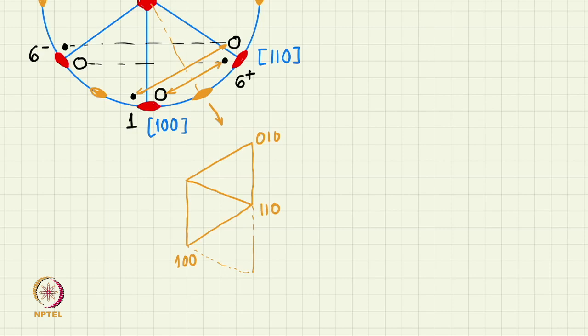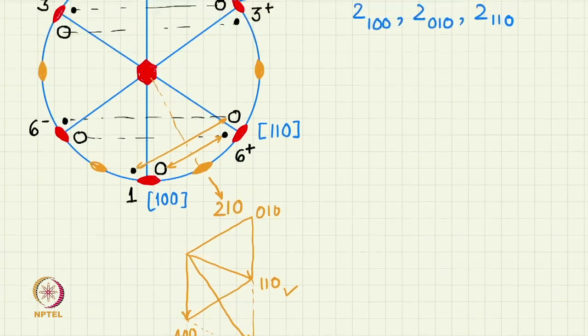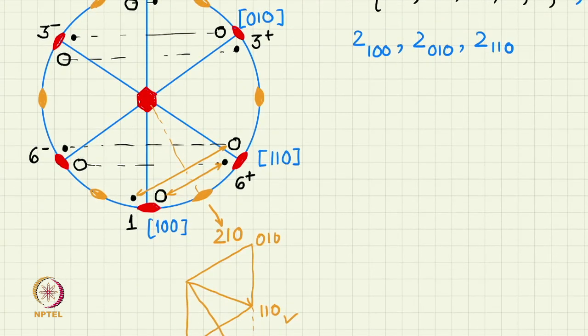So this new direction is coming in this direction. You can see this is vectorially the sum of this and this. So I simply have to add these two. If I add these two, I get 210. So this direction is nothing but 210. Similarly, this direction is nothing but 120,